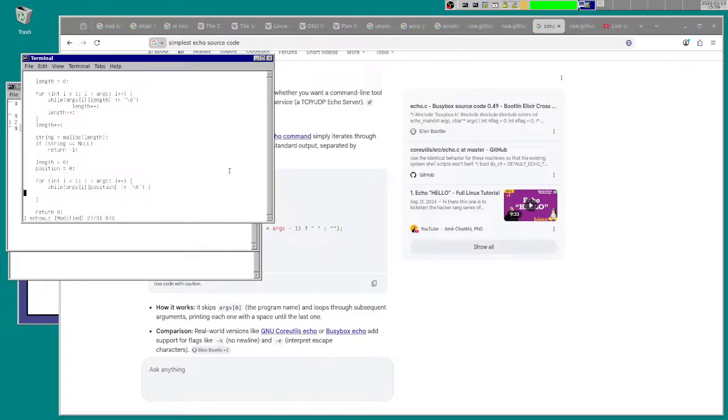Okay, let's see. I'm trying to think here. Actually, this should be inside of the loop.